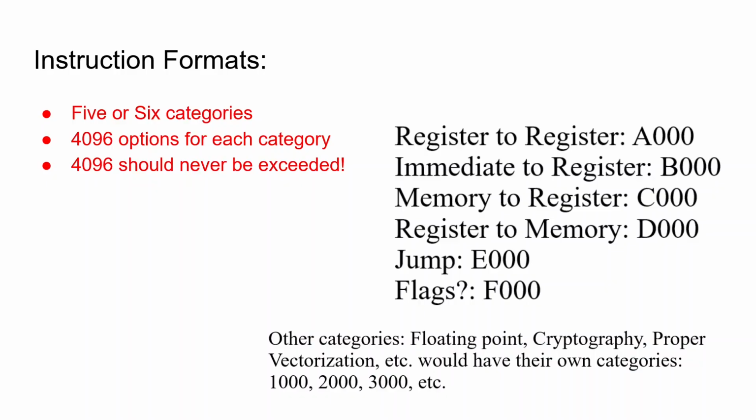So, 5 categories: register to register, immediate to register, memory to register, register to memory, and jump. And because it's a 16-bit field, I can do what I just did, where each first digit is the category. A is for register to register. You already see it. I'm not repeating that. If these categories are not good enough, you can make other categories. We got 10 available slots. I could have written 0, 0, 0, 0, but that's not fun to look at. 1000, 2000, 3000. Not literally, of course, because it's in hexadecimal, but you get what I mean. If you go past 4,096 options for each category,